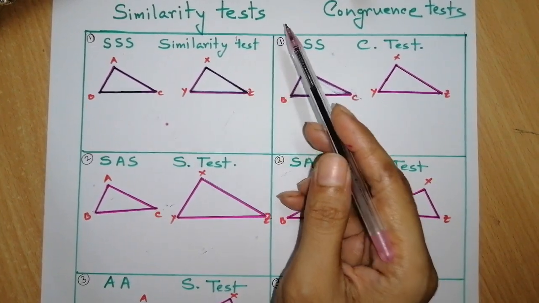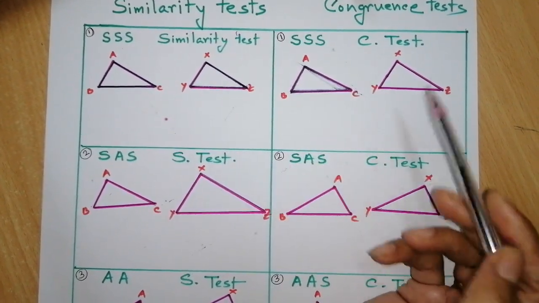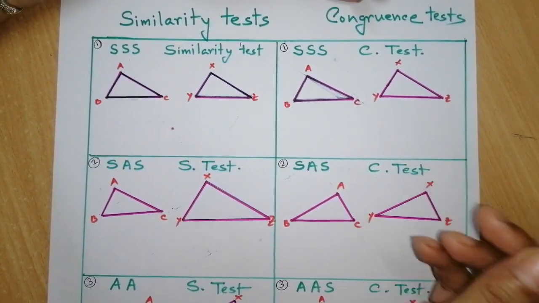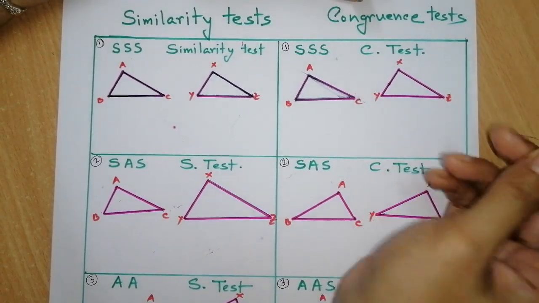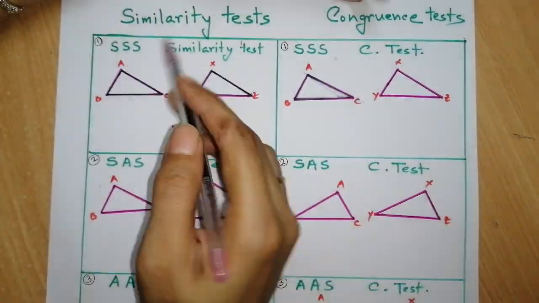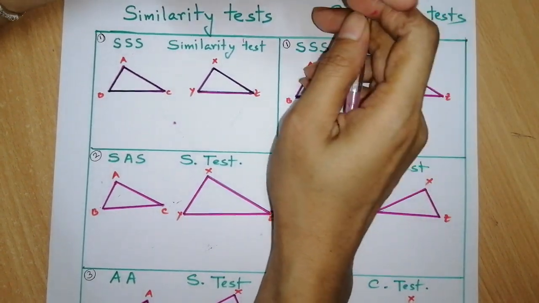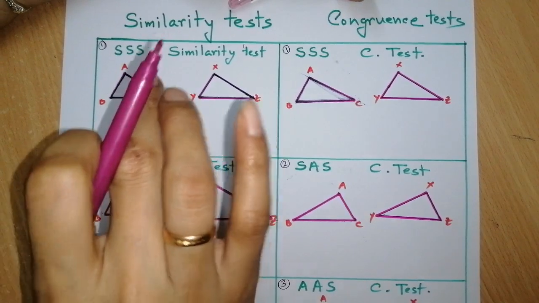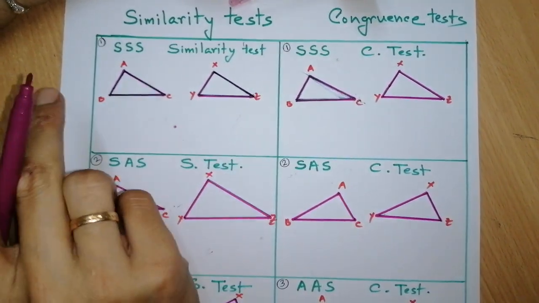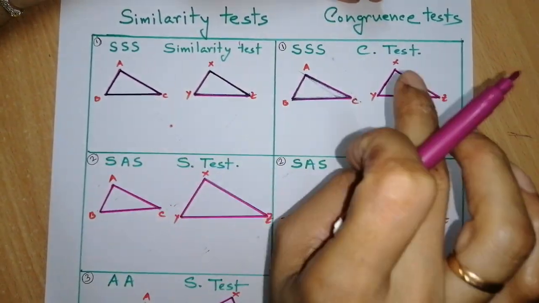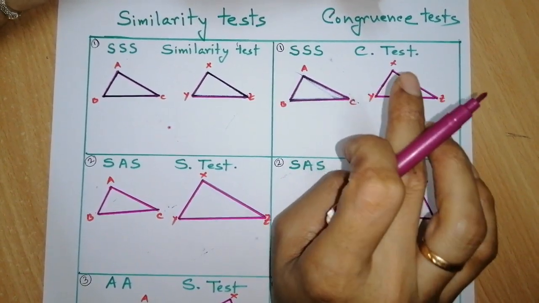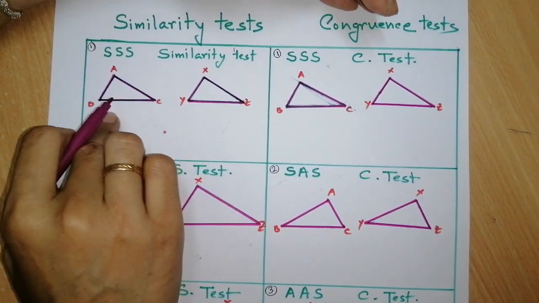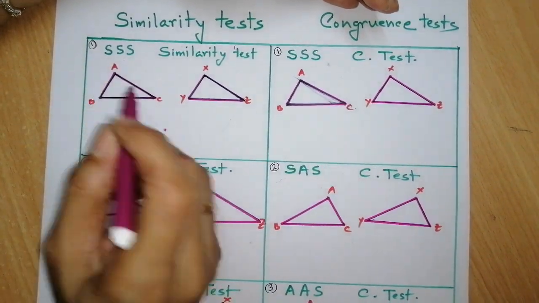I have prepared a comparison chart between similarity tests and congruence tests. Now, what we see here, in similarity tests, there should be the ratios of the corresponding sides, and in congruence test there should be the equal length. So let's come to the first one,